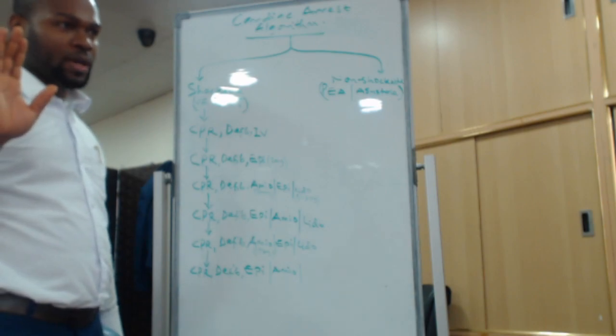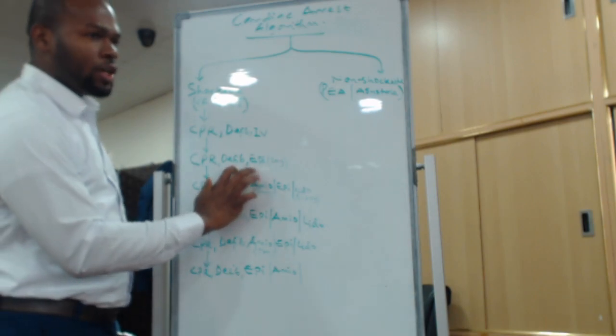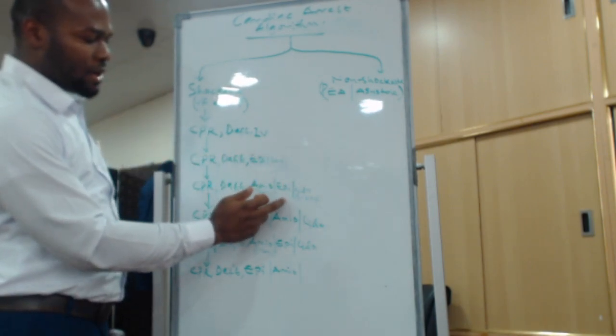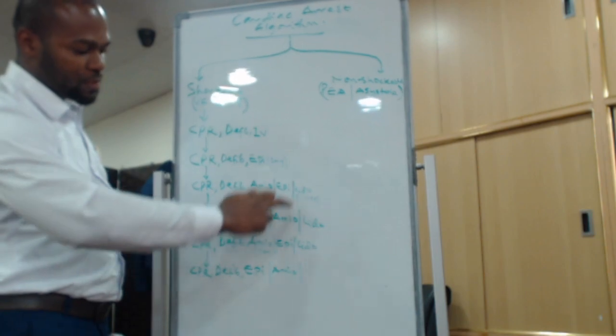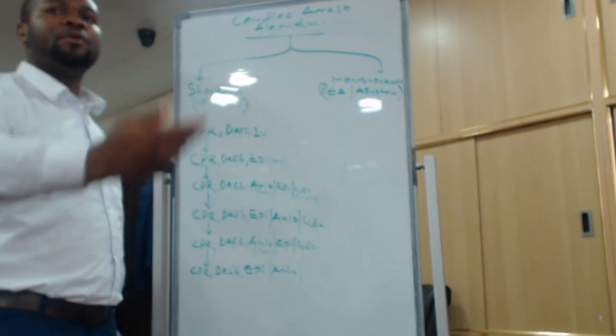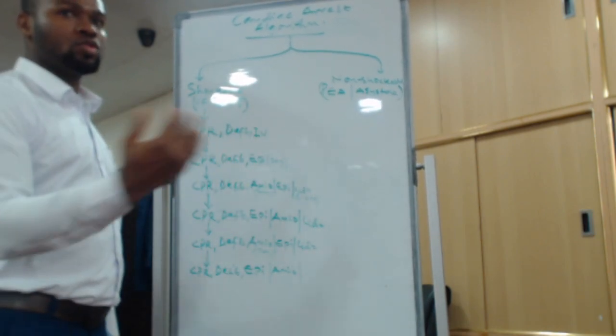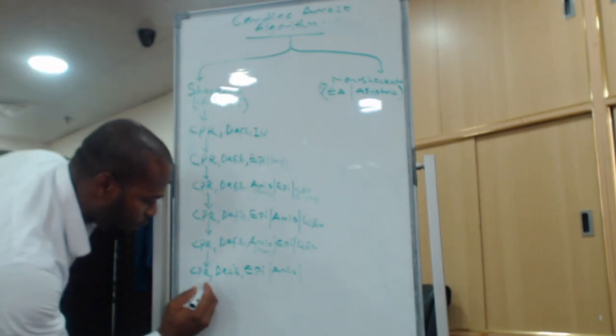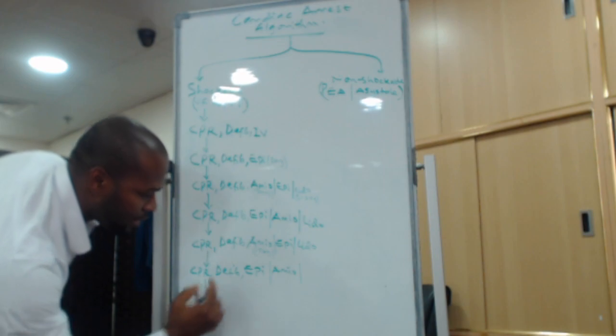Now, if you're going with epinephrine, amiodarone, it means you have to consider epinephrine. You are giving amiodarone alternate to epinephrine. Is it clear? Beautiful. So now, after this, you need to consider, let's say,